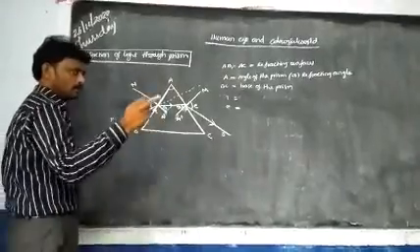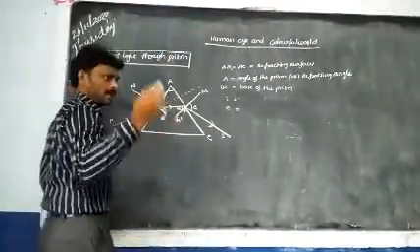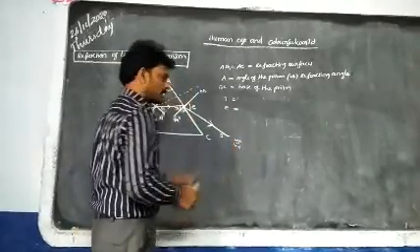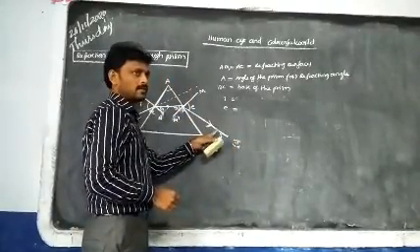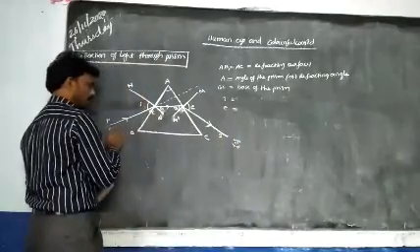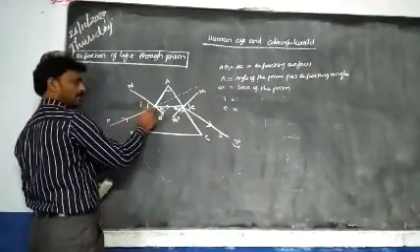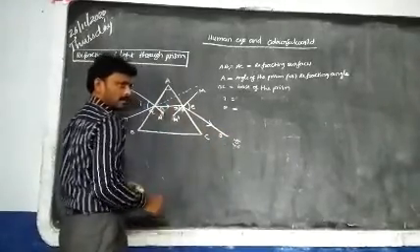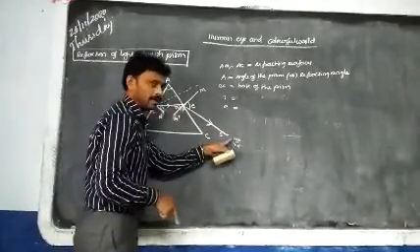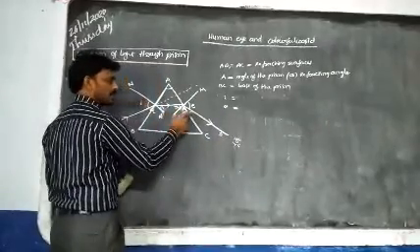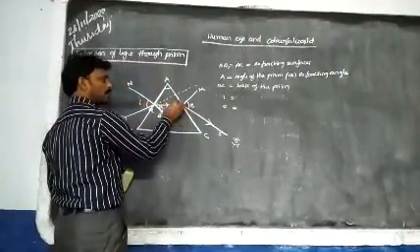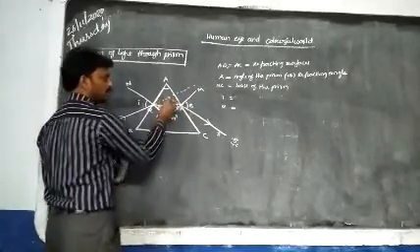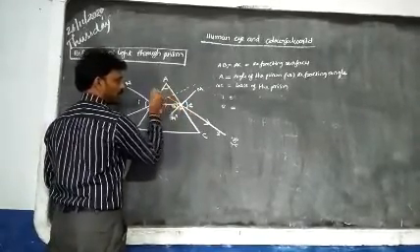You can understand. One more new point I want to explain. In the practicals, you will do this: keep your eye here and observe this light. Actually, this light is coming from here, PQ is incident, bending and coming out. This is the original path of light. But when we observe this light ray with our eye practically, it appears to be coming from somewhere like this, from here.